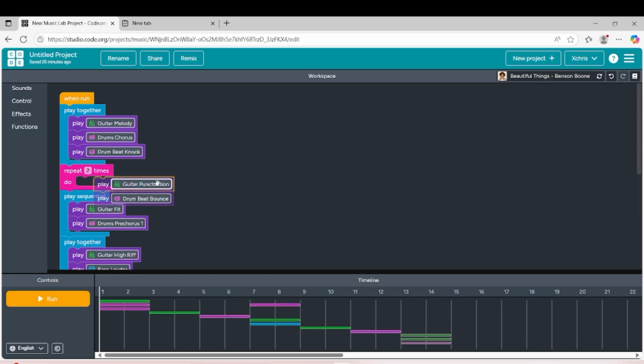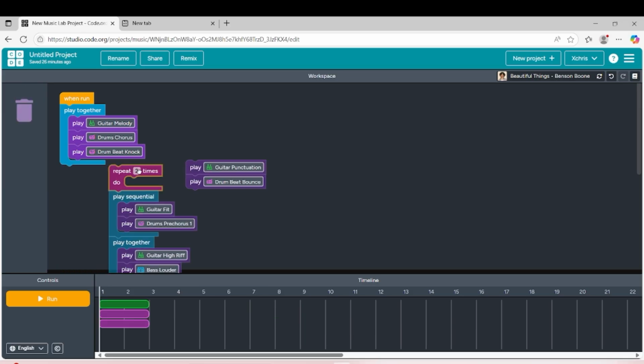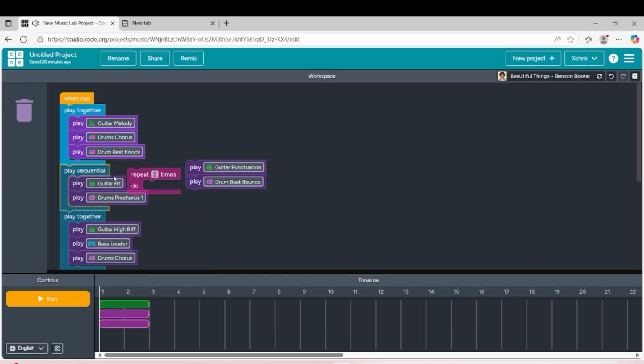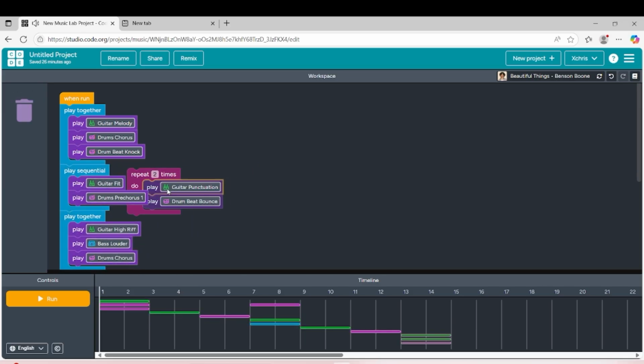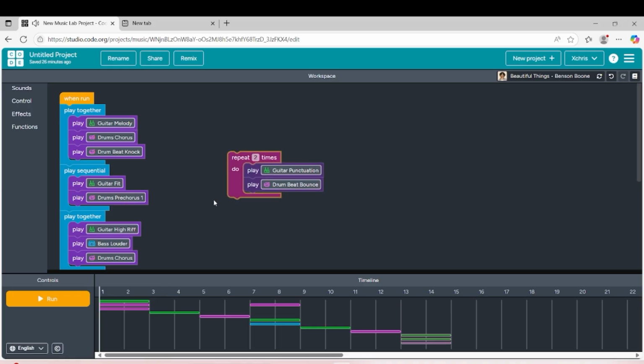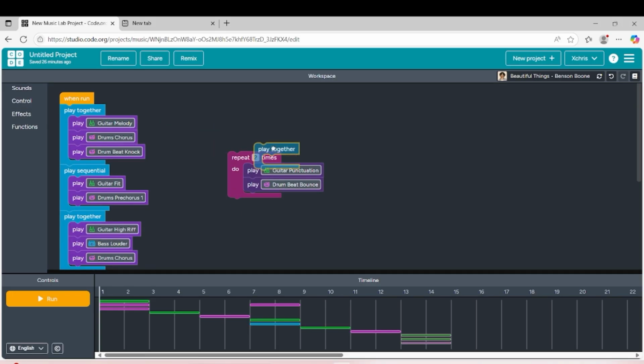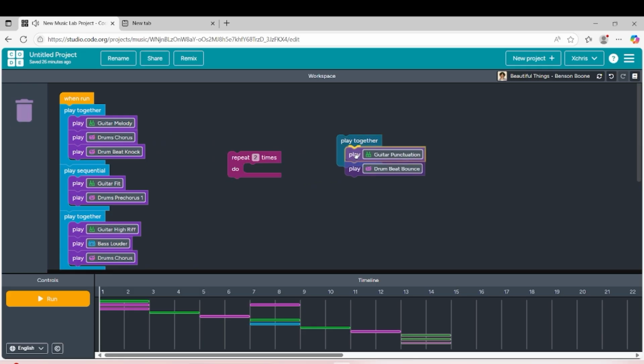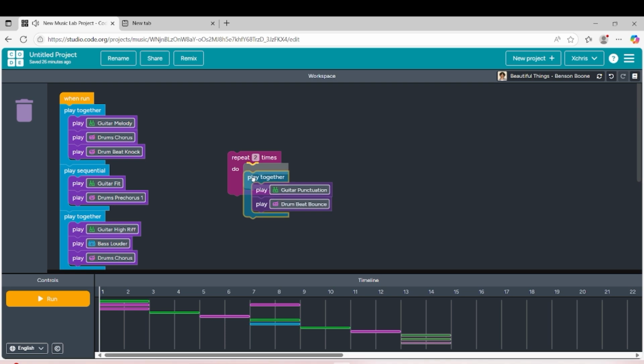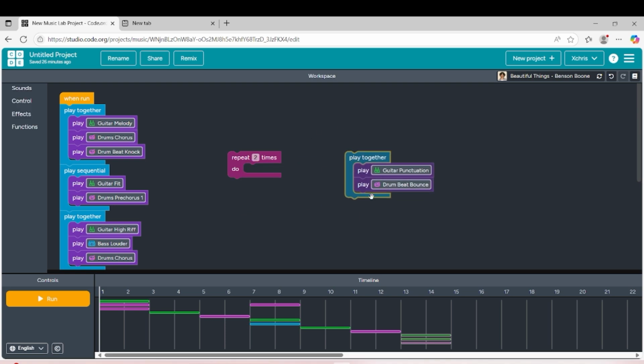So let's say we want to repeat this part of the instrument, but you want them to play together. So what we can do is just add the play together function and put this inside the play together function, in order for these two instruments to play together. Then when we want this tune that we create with the instruments to play 2 times,